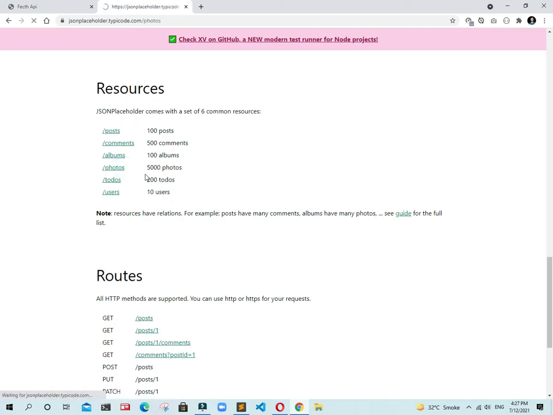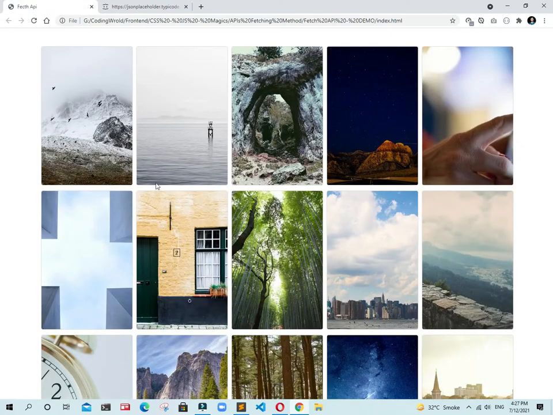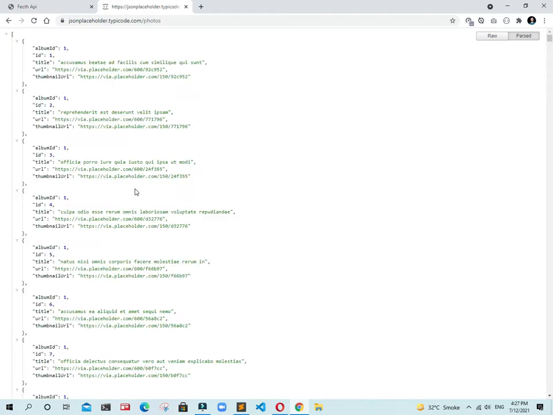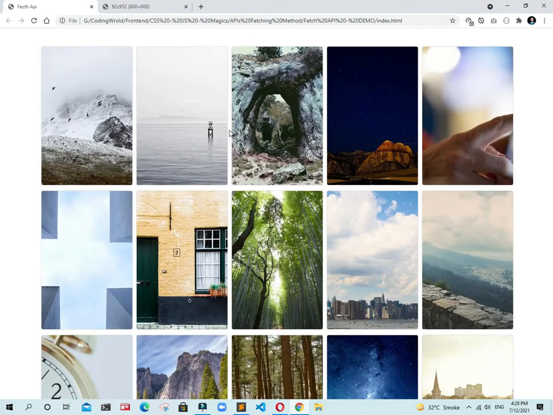You can also select by your choice what you want to render on your website, but here we are rendering these images, so I select this one, and there we have a URL, thumbnail URL, title, ID and album ID. If I click this URL, you see it's blank, but there we have the images.